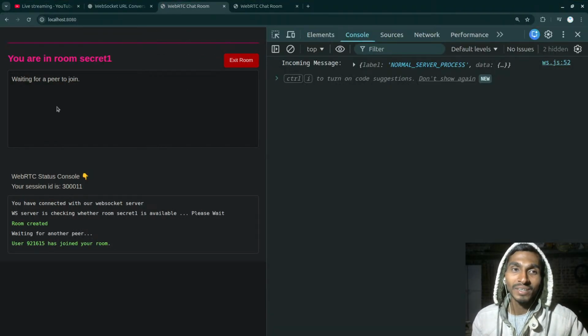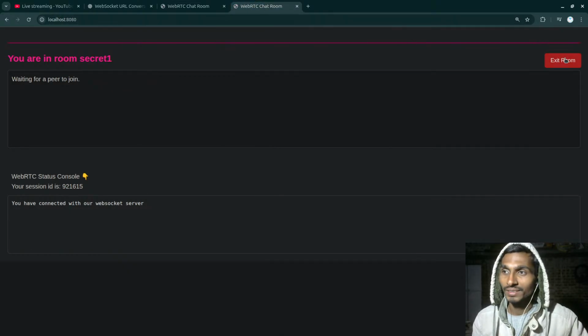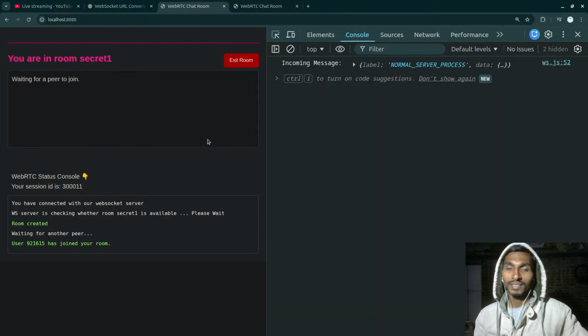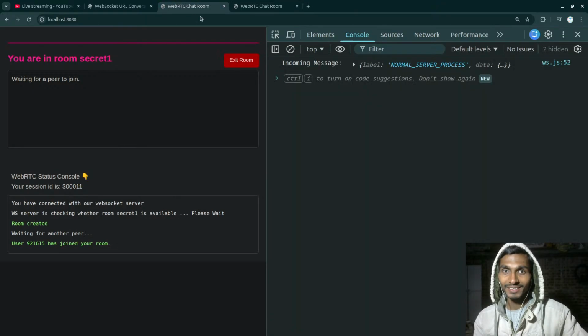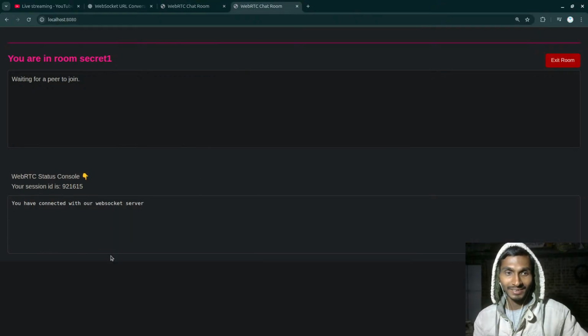Here I'm getting the secret. This is the room name, and here this is the exit room button. Here this is also the exit room button. The thing is that if the user did not join the room, there's gonna be a destroy room button, otherwise there's gonna be an exit room button. By clicking on the exit room button, you can just simply exit it. I don't think it has